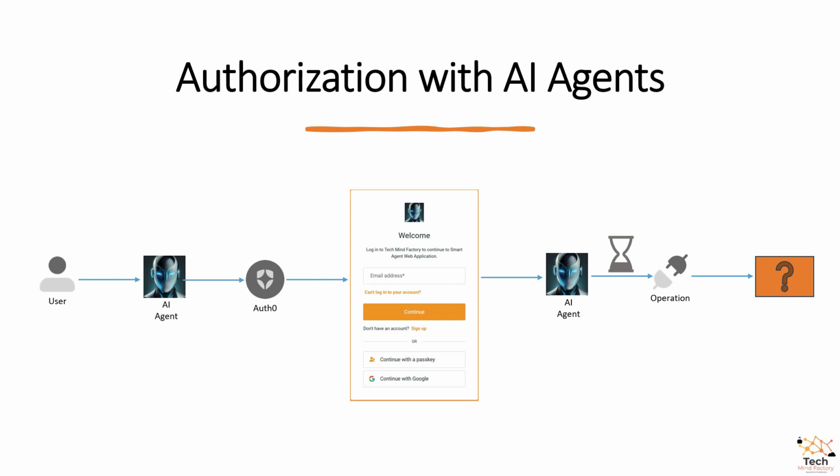But before that, what should happen? The AI agent should obviously ask the user for permission, for authorization. So after some time, the AI agent will ask the user for authorization. Hey, should I proceed with payment initiation for this amount, for this invoice? And then it's the user's decision to either approve or reject this operation. The AI agent should not have such